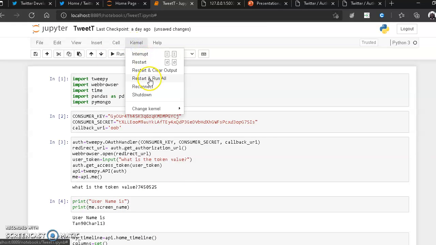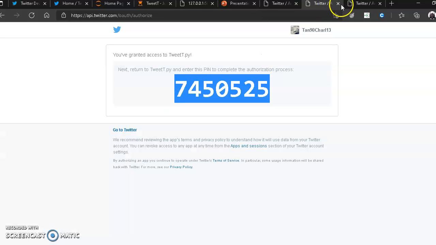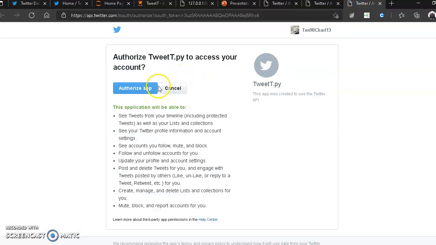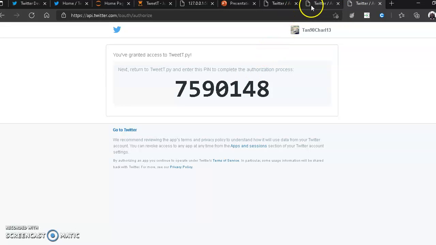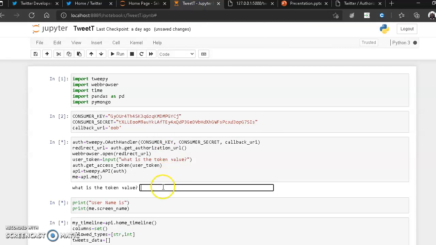I'll show it to you again. Restart and run all cells. So every time, see, it changes. If I authorize now, the codes will change. As you can see, the codes have changed. So every time I run the app, the codes change, and when I give the token value here,